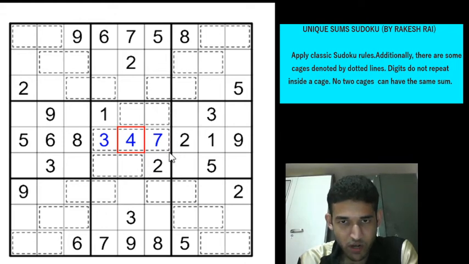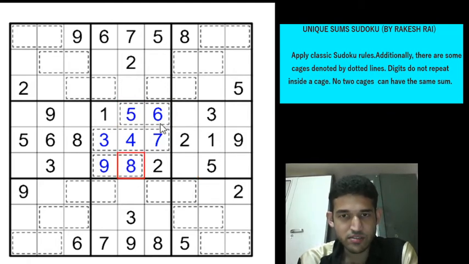Now focusing on box 5 again, 9 cannot be in row 4 and 9 cannot be in column 5, so 9 has only one cell left, that gives a 9 here. The remaining digits to be filled in that box are 5, 6 and 8, but 5 and 8 are in column 6. So that gives a 6 here, and because of this 5 here we can place the 5 here and the 8 here to finish off that box.